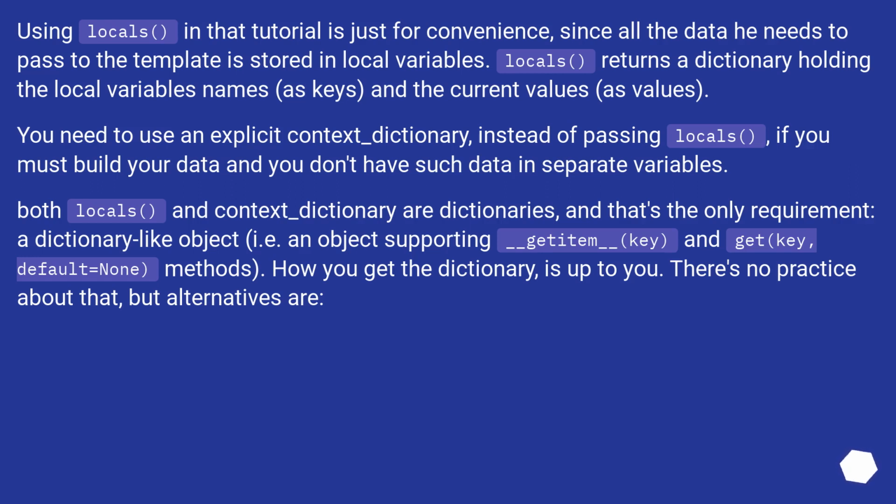Both locals and context_dictionary are dictionaries, and that's the only requirement. A dictionary-like object, i.e. an object supporting the __getitem__(key) and get(key, default=None) methods. How you get the dictionary is up to you. There's no best practice about that, but alternatives are: